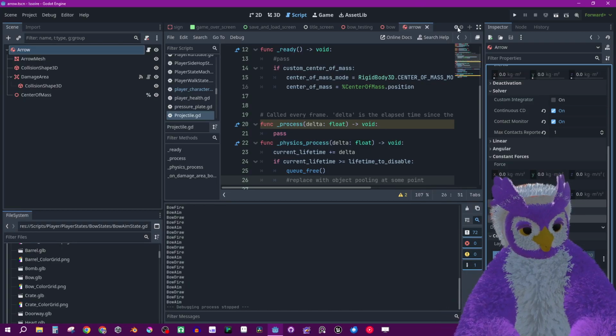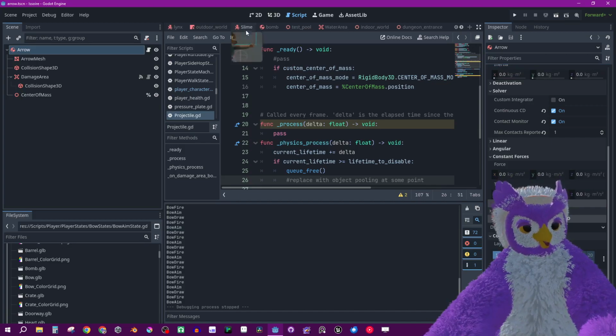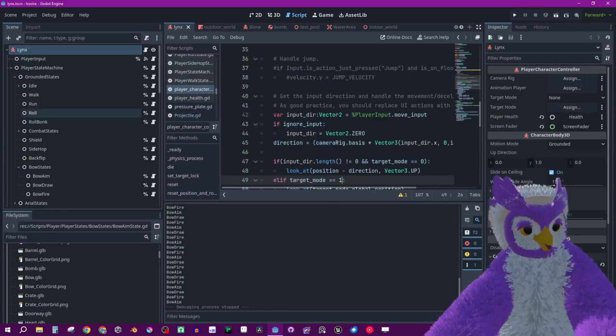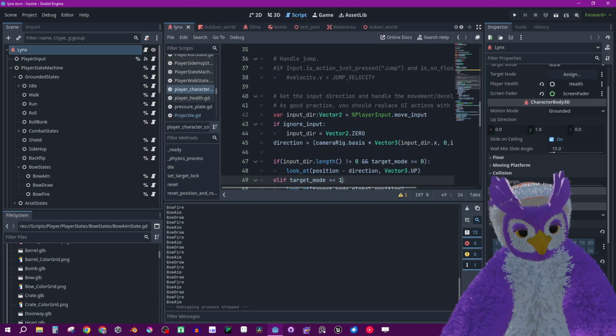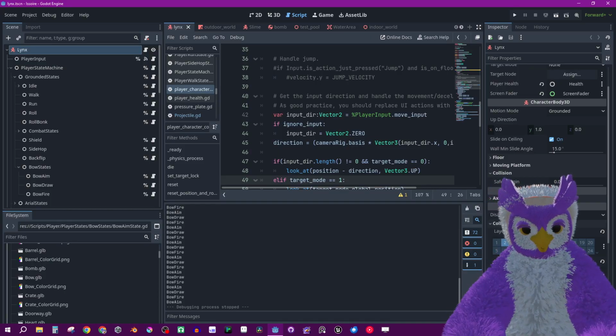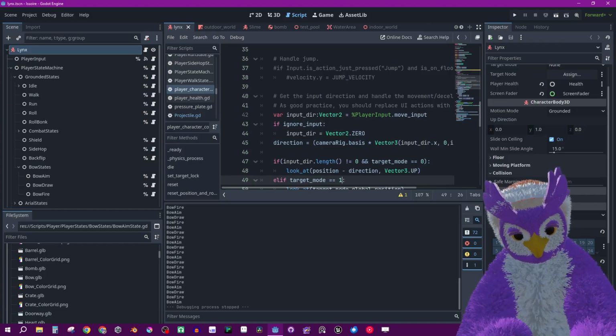And I think the player is also colliding with layer 1. So it's masking layer 1. I could make another layer for projectiles, and